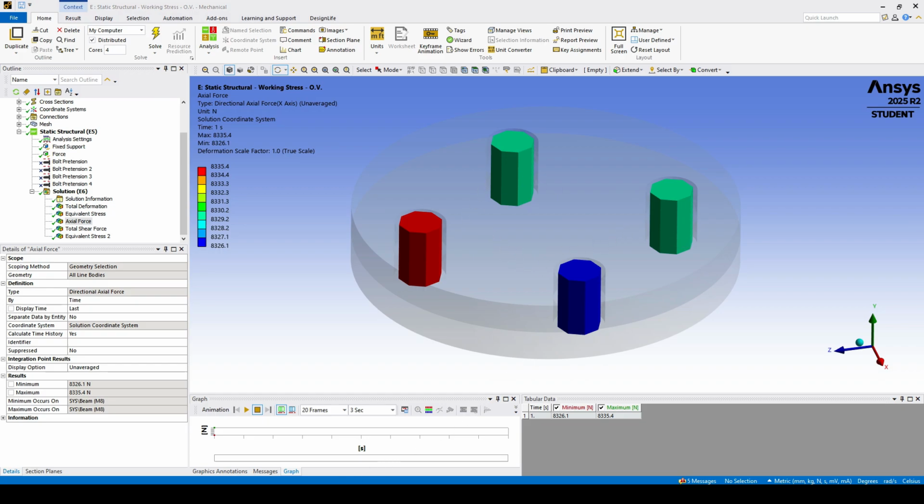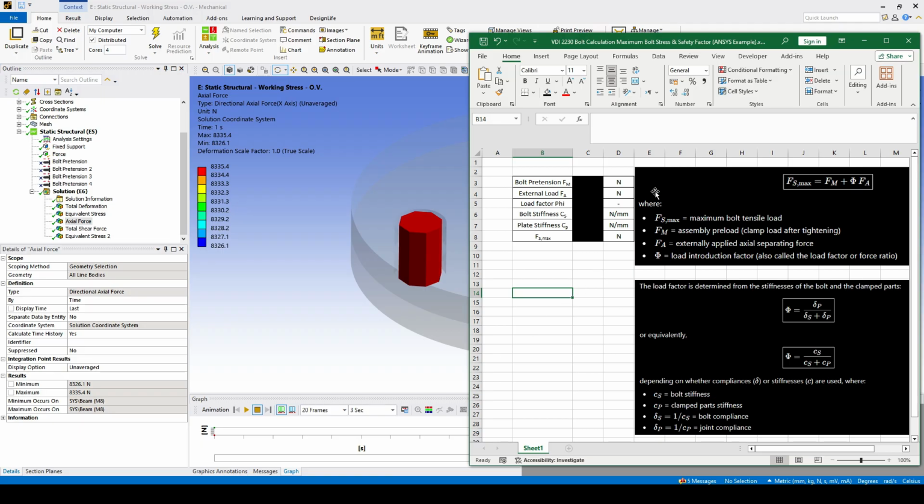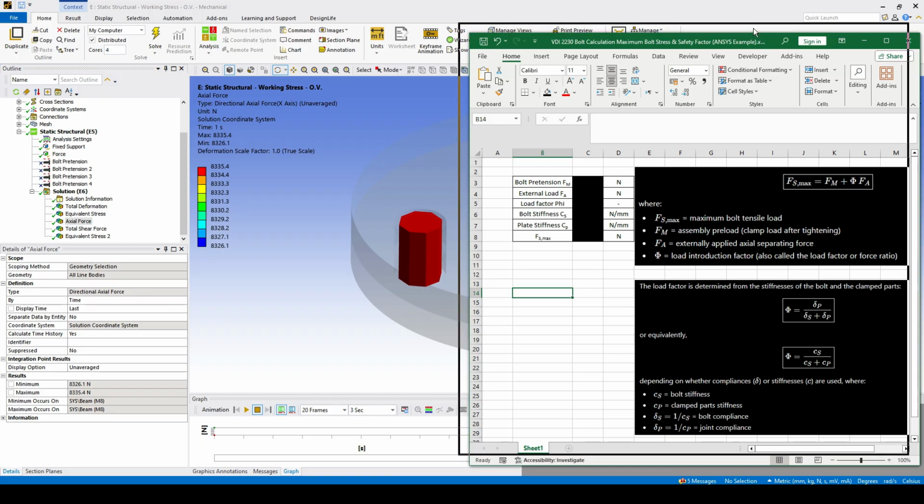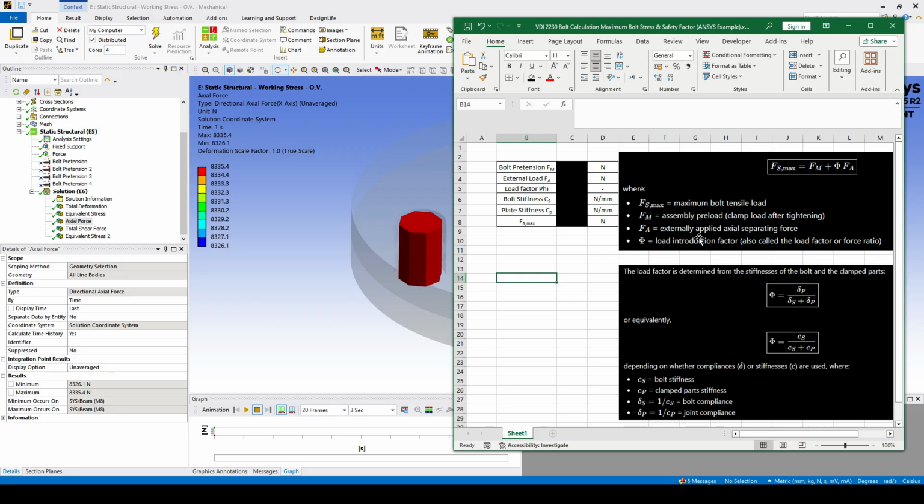In order to do this check, we need to fill this table. I already prepared this table for you with the needed formulas. What we are going to calculate in this video is the maximum bolt tensile load, which is called FS max. In order to calculate this parameter, all we need is to know the bolt pretension,